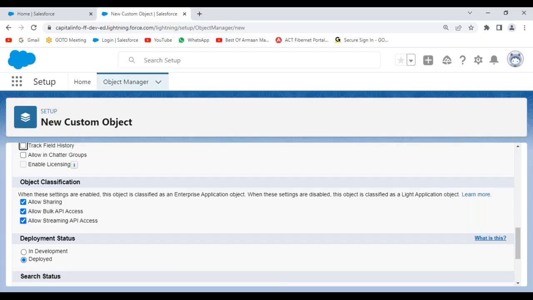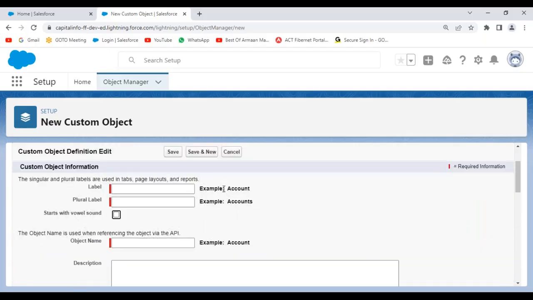What kind of data do we need to fill inside this? Customer for the label. Now what is my label here? Customer. So what is the plural label now? Customers. Now here I'm indicating that we are giving this one customer, and that label tab name as